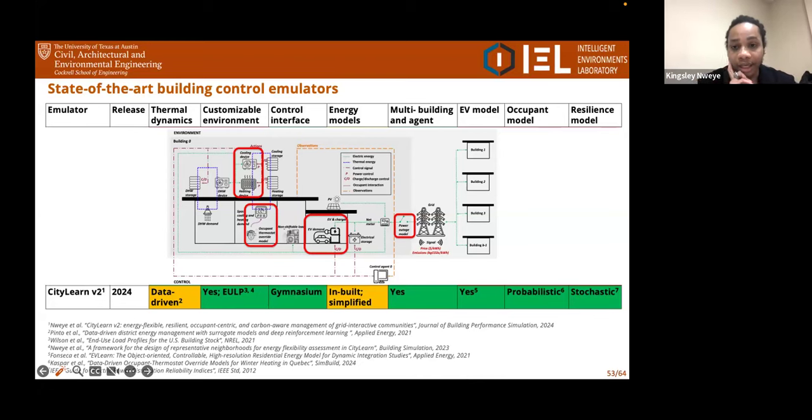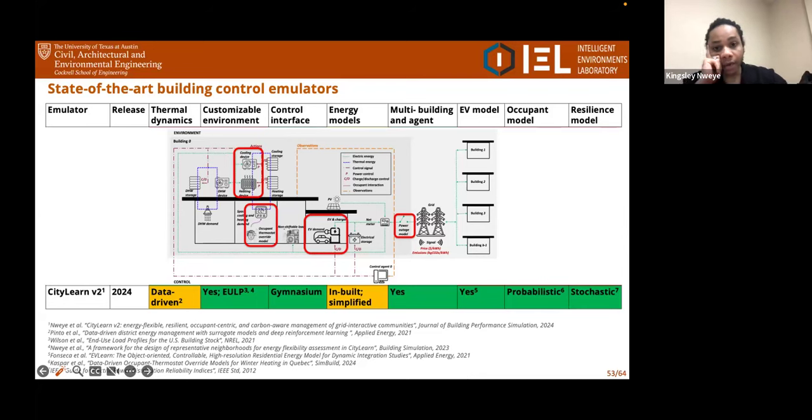And then secondly, we developed a framework that allows us to generate representative neighborhoods of any county in the United States, single family, given a set of metadata filters. Just like with OCHRE, we're taking advantage of the end-use load profiles data set to generate these different environments that we can then plug into CityLearn to carry out control studies. And then based on the work by